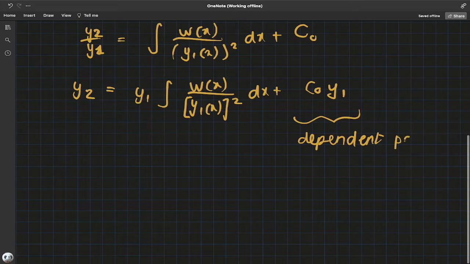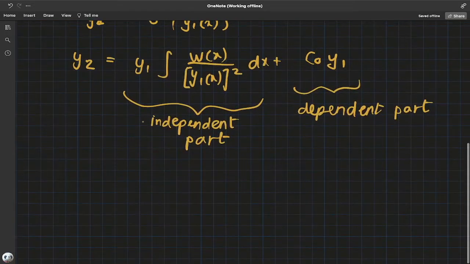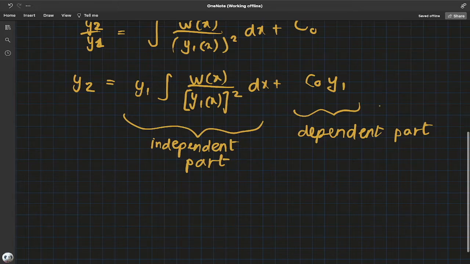This is the dependent part, and this other part has no such dependence on y1, because this integrated quantity may or may not be a constant. If it is a constant, then y2 is always going to be linearly dependent. So this is the linearly independent part, which gives something new that doesn't depend on y1 in the linear sense. We usually care about the independent part because we can always generate a dependent part, and that will always be a solution